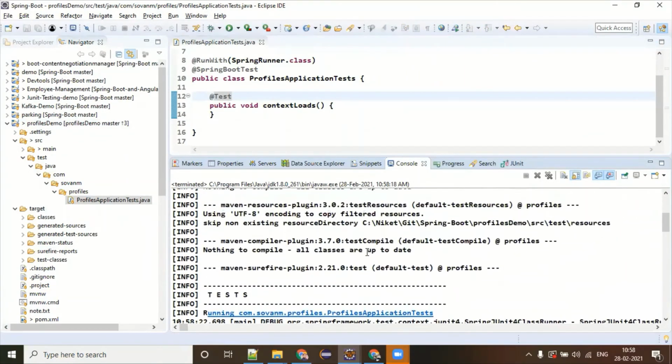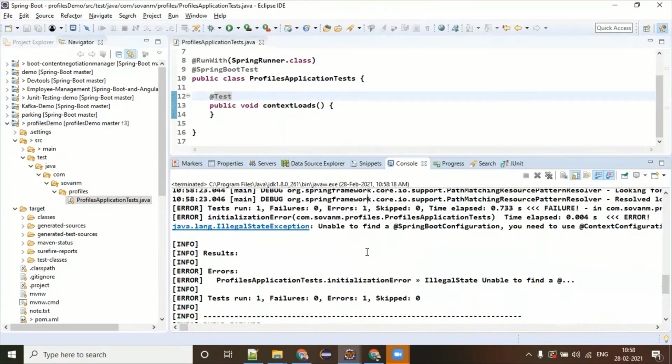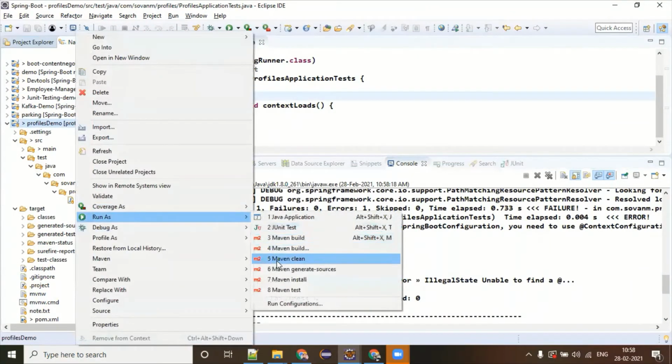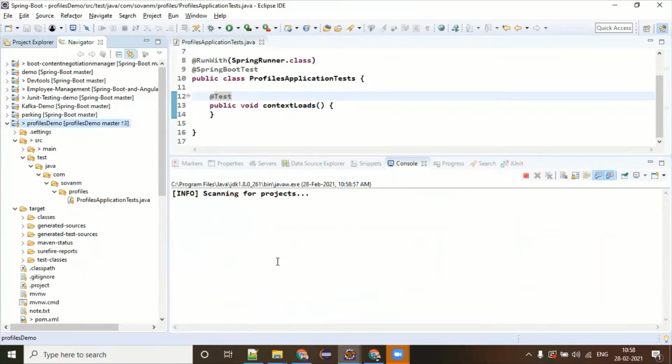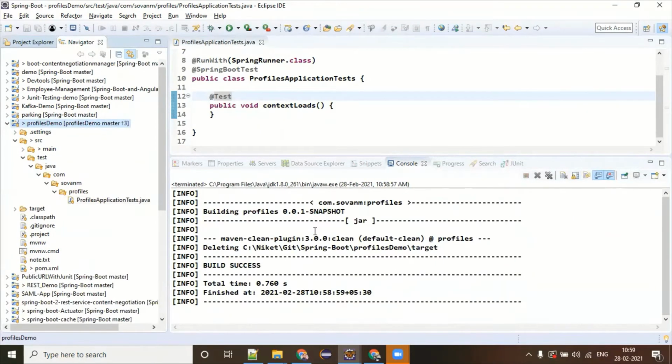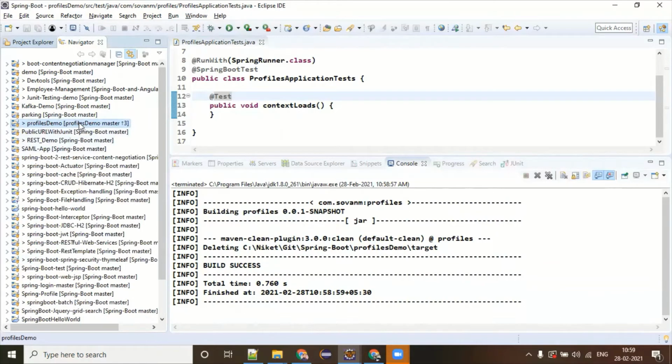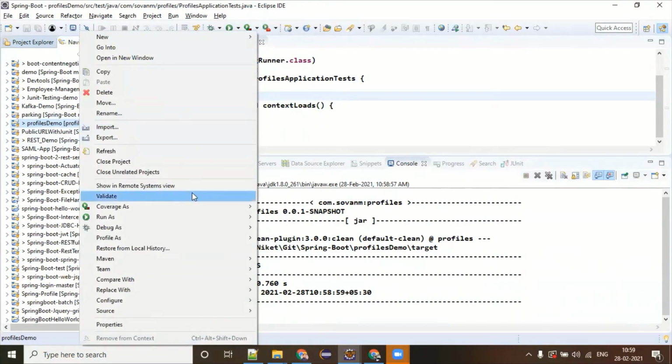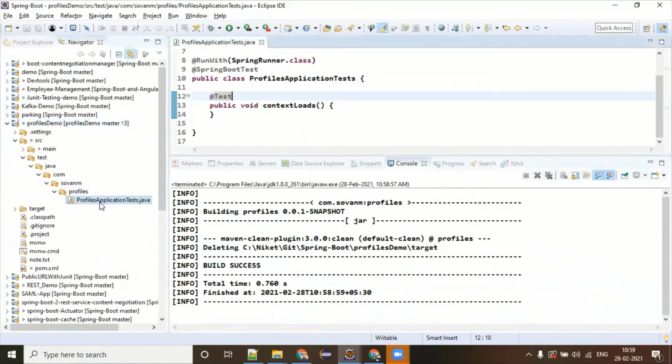Error. Where is the error? It is saying a test is failing. This is the application we were running, right?